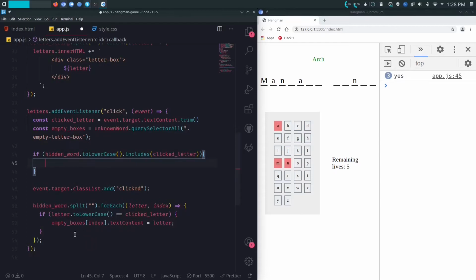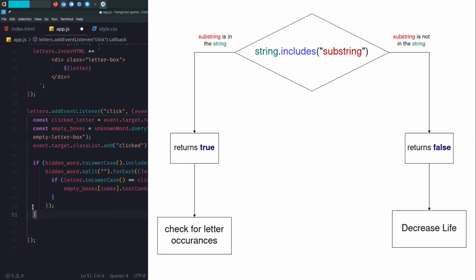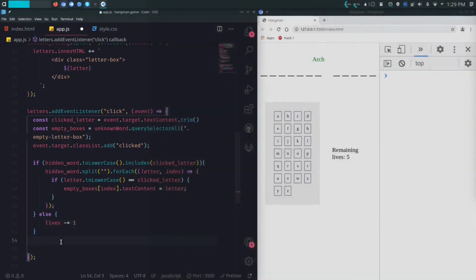I will place this code that we wrote earlier inside it, just for optimization. Doing this will prevent searching when the clicked letter is not in the secret word. If it is not true, then I will decrease the life. At last, I will update the remaining lives on the page.